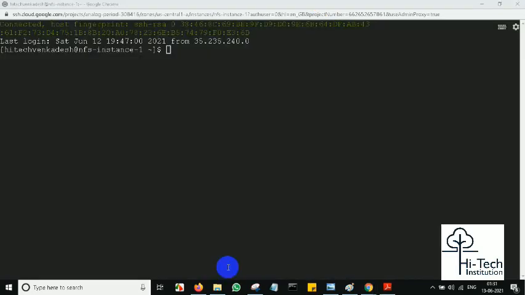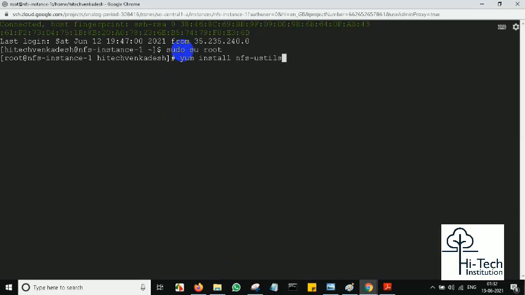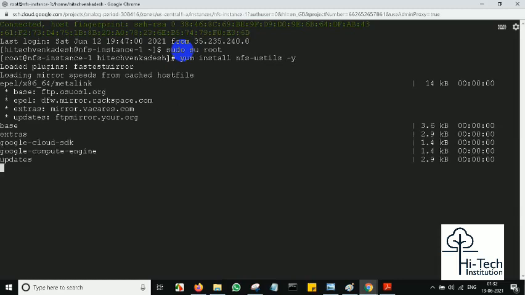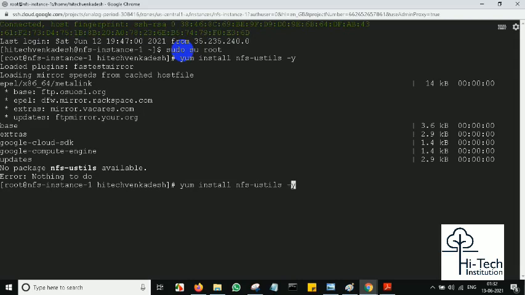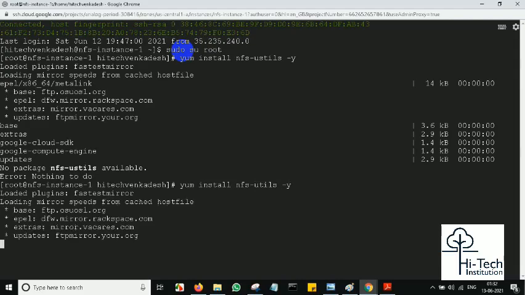Once it gets connected, let me log in, or I will switch into the root user. Okay, now I'm going to install the tool which is called the NFS utility. So yum install NFS-utils. This is the option I'm using for accessing my file store on the system. Okay, now it is going to be installing. Sorry guys, a spelling mistake, NFS-utils. Now it can be installing. Yes, the package has been successfully installed.